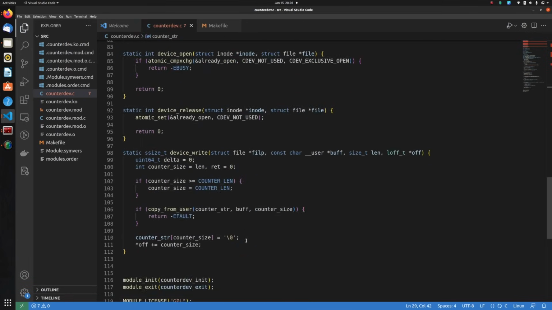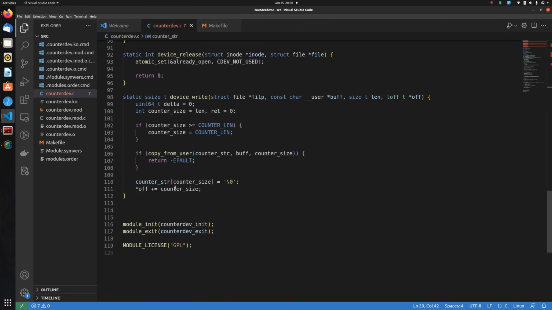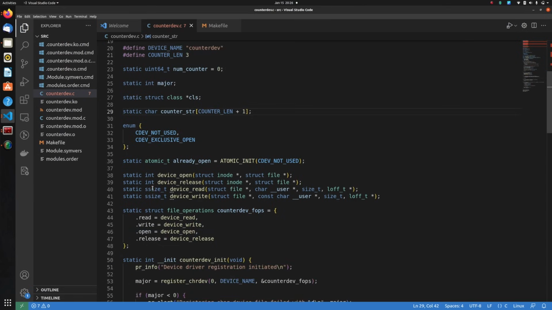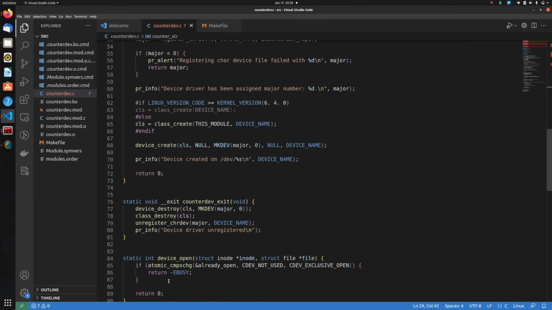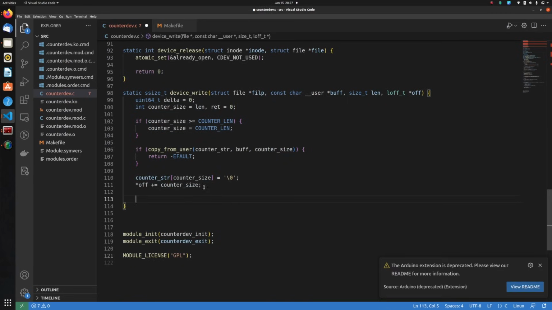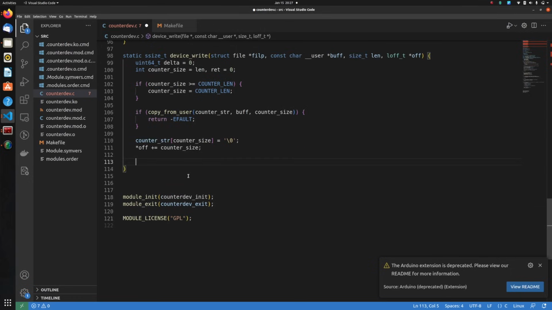Okay, I had just missed a semicolon. Guess I've missed some more stuff. Counter length 3, counter length plus 1. Okay, I don't seem to find any other semicolons that I've missed, but I'll let the compiler point out when it compiles. Cool. Next, what I'm going to do is